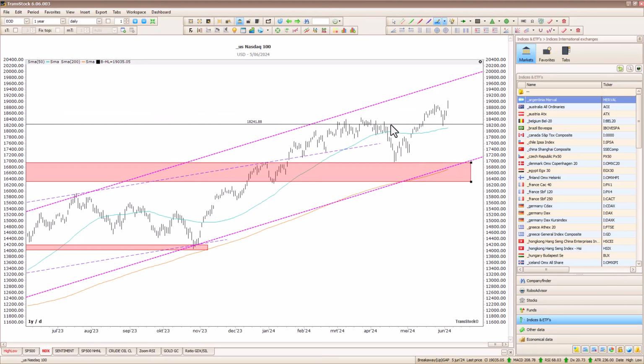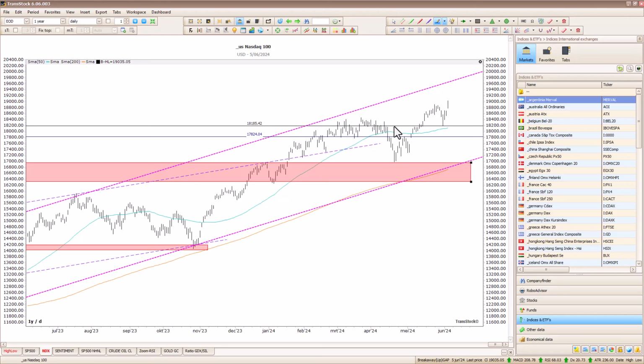First, I will draw a line, a second line. I see around these levels a lot of support and resistance. The zone between them becomes my pivot. Something like this. I can delete those two horizontal lines.